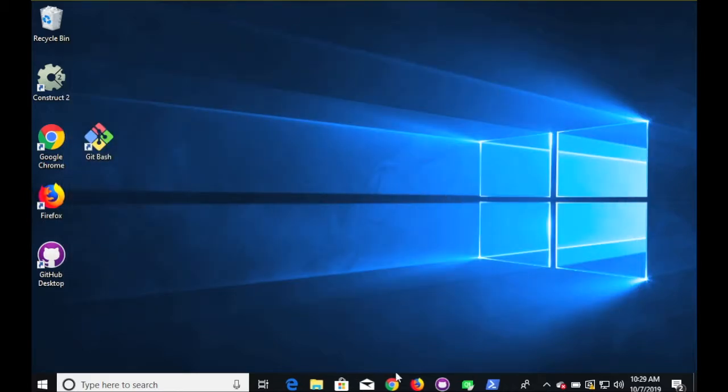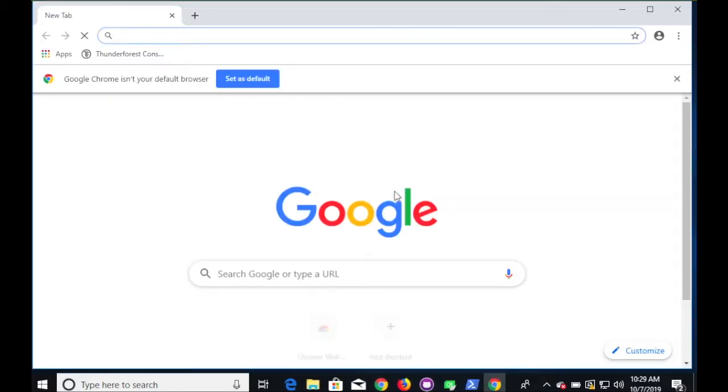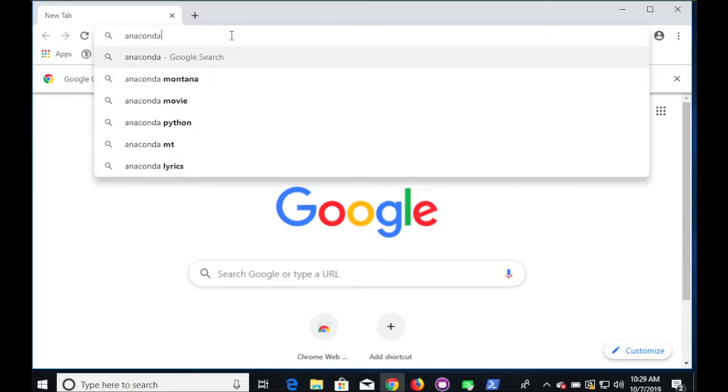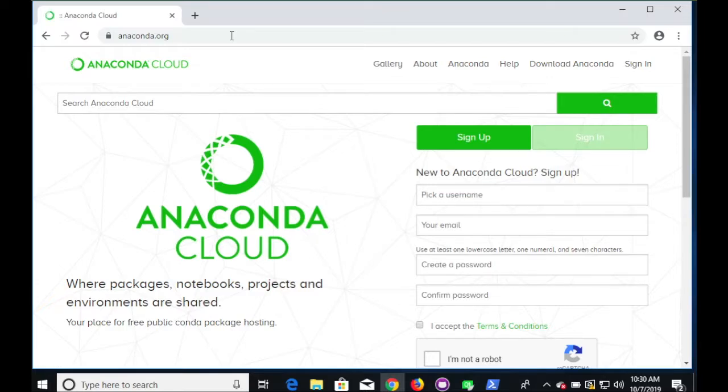So let's open up your favorite web browser. I'm going to use Chrome. And type in anaconda.org. Anaconda is a fantastic utility that combines a lot of the best features of Python and a lot of cutting-edge tools in both Python and R for data science, and really a lot of great tools to quickly learn and become familiar with Python. So let's go ahead and click download Anaconda,